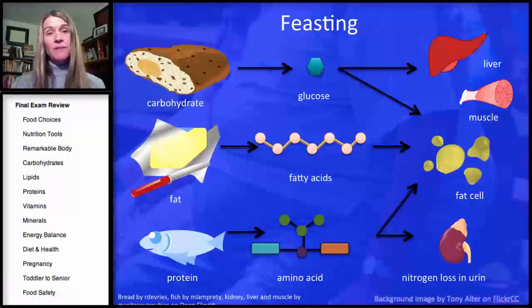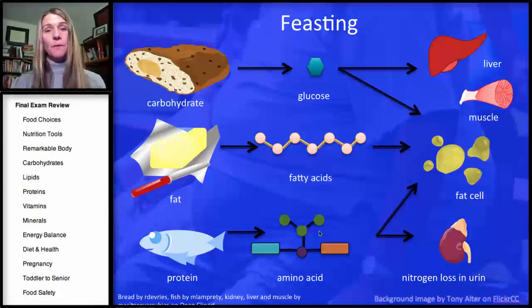If you eat too much fat, it's going to break down into fatty acids. Those fatty acids just get stored as fat. And lastly is protein. When protein is broken down into amino acids, remember, we don't want to use this for energy, but we also really don't want to break it down and store it. So if we have amino acids, generally they're going to be utilized for